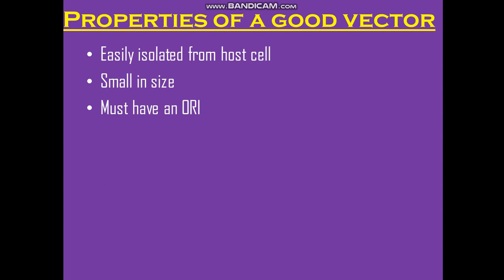So there should be an origin of replication marker present in the good vector. This will give a signal that, okay, from this point, if ORI is located at one point, the host will understand that this is the ORI. So after that I have to start with the replication process and continue the replication for that particular portion of DNA also. So it must have an ORI. This point will be more clear to you once I teach protein synthesis.